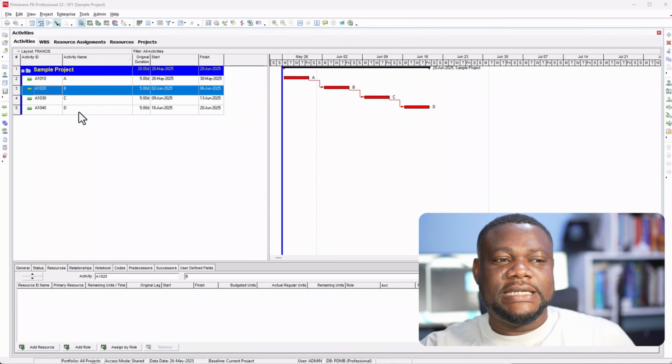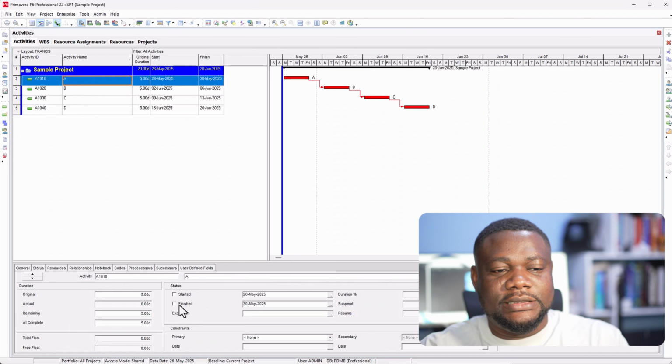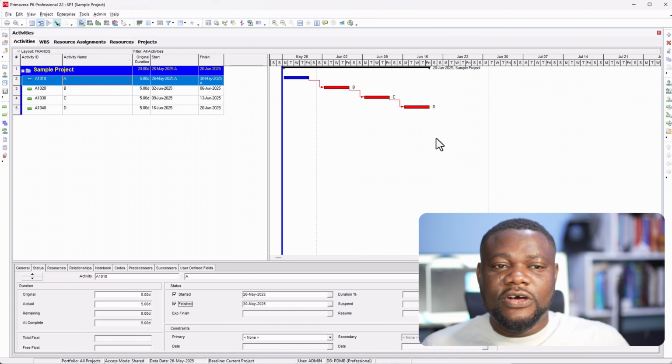So now let's say A is completed. If I mark A as completed, so just mark it as finished, what do you think will happen if we schedule the program? Okay, so we've now moved our data date, and you can see the actual is in the future of our data date. Ideally your actual should be behind your data date, on the left hand side of your data date. But you can see on my screen now, A is completed, B, C, and D are still in the